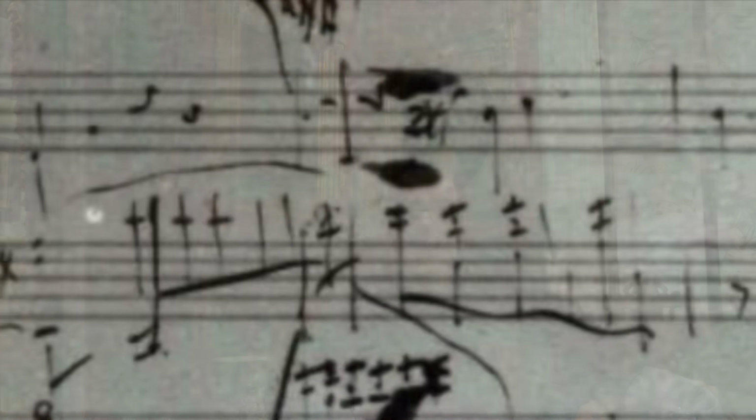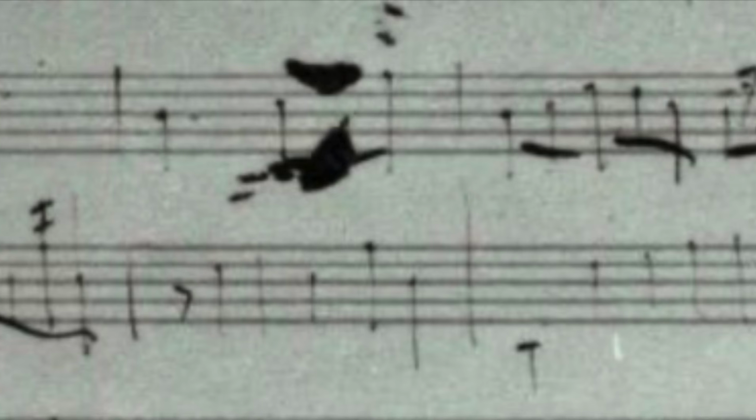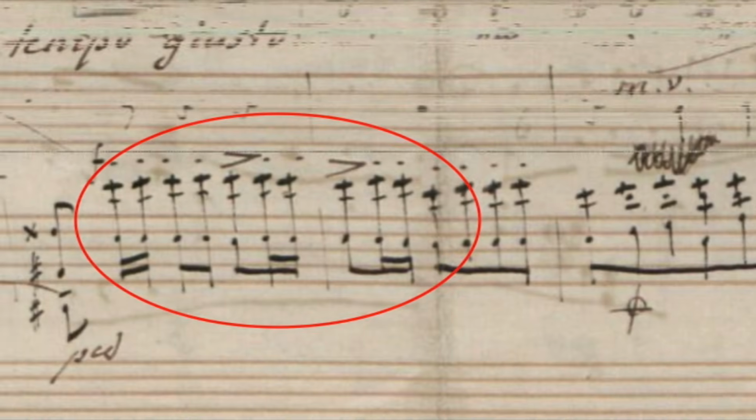This precious document, unprecedented in the sources that survived of Chopin's works, reveals that the Polonaise Fantaisie was not conceived as a Polonaise at first. We mentioned several times already that the characteristic Polonaise rhythm appears only at a later stage, added on to the already existing accompanying material.